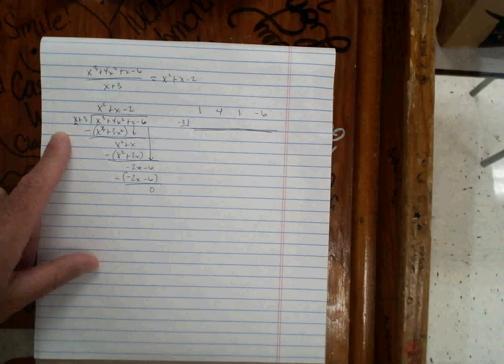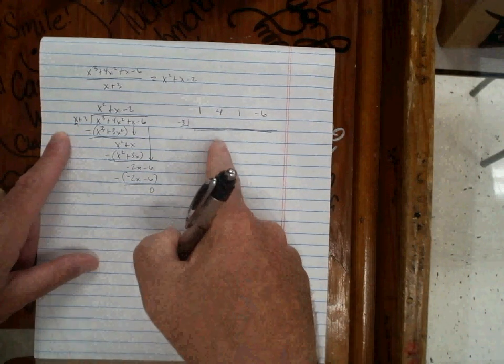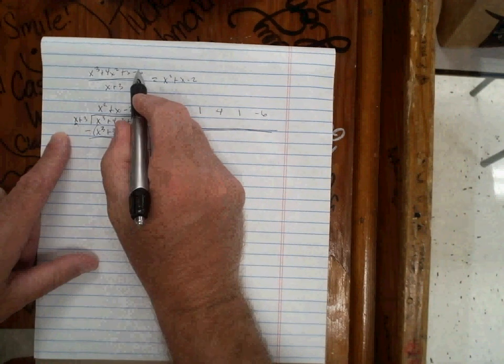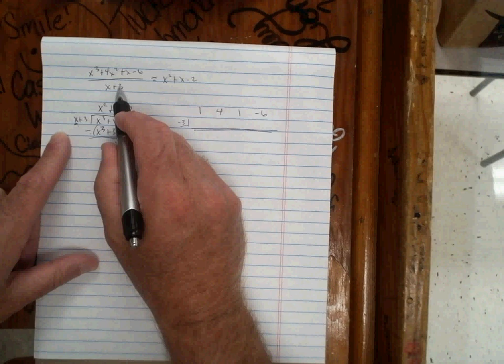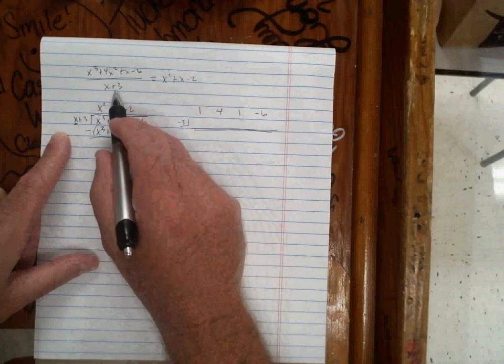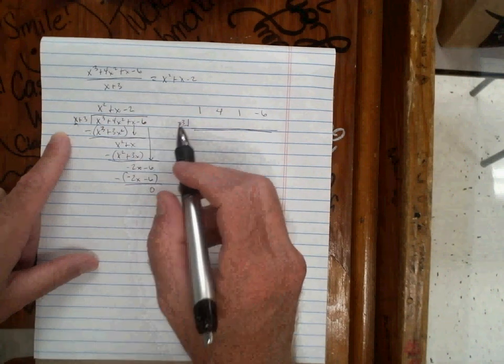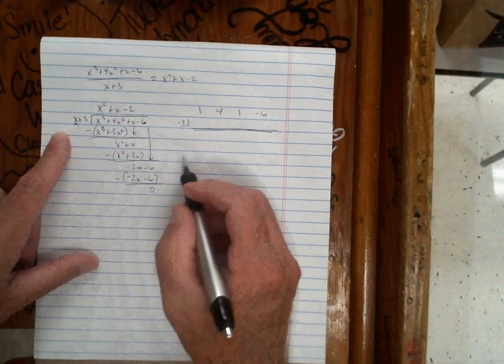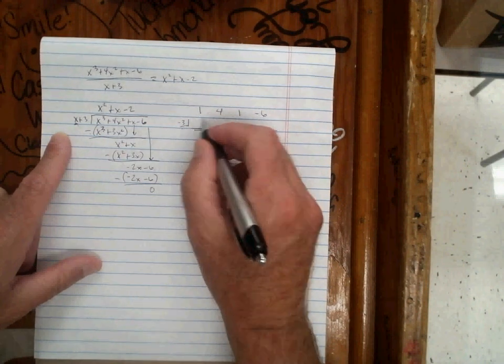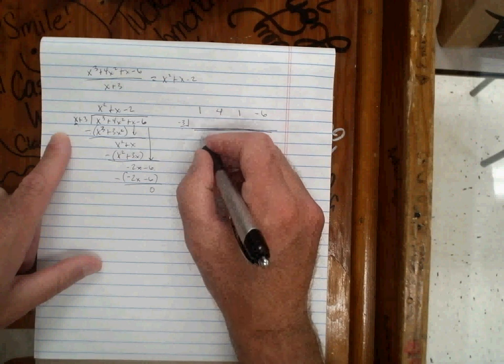Now, if we did that synthetic division, the way we set it up, we took the coefficients of every term in the numerator, and then we said, what would we plug in for this x to make the denominator 0? That's negative 3, the opposite of what you see here. You can use synthetic division when the coefficient of the x is 1 and it's only an x term, not a higher power. So recall, once we have this set up, we're going to bring down the first coefficient